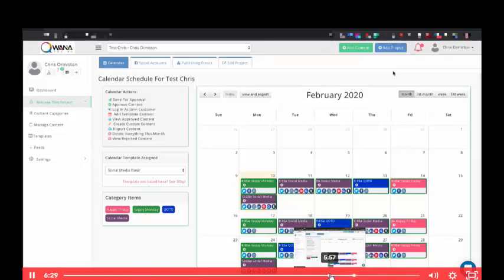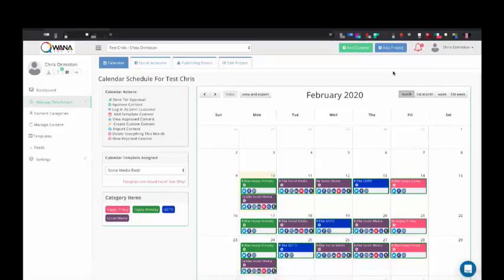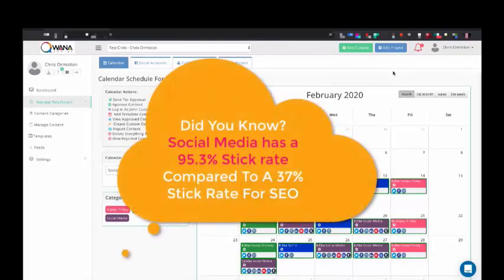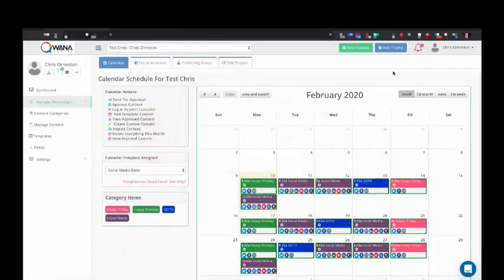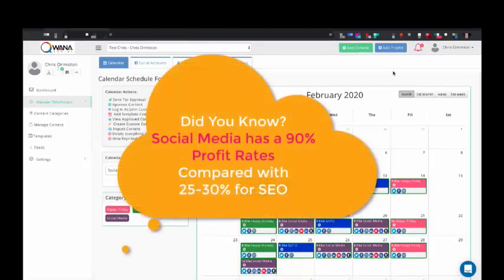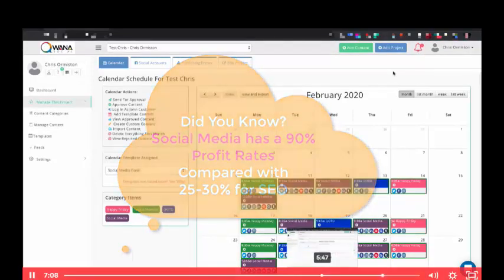So with Social Oxygen, you're not going to need to pay for expensive tools. You're not going to need to pay for expensive social media content. You don't need to compete with other companies like with SEO, because with SEO companies, the next one that has a great presentation, boom, they're gone and they're going to go with the other company, right? It's not so with social media. So you don't need to worry about lots of time spent on these projects. Most people only spend 15 minutes a month on each project. So if you've got like 10 customers, that's only like 2 hours in a month to make literally thousands of dollars in revenue. And you're making like 90% revenue on these things. So the great news today